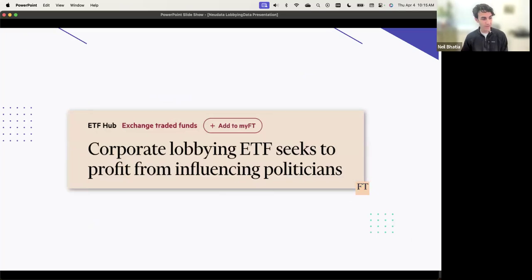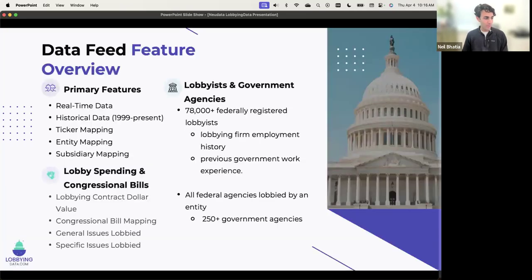This is more recent. So there's a new lobbying ETF that was launched, and it's just generally built off that notion that political capital is an overlooked intangible asset that could produce excess stock returns. And to summarize, where we get it from, how it happens, why we even do this,